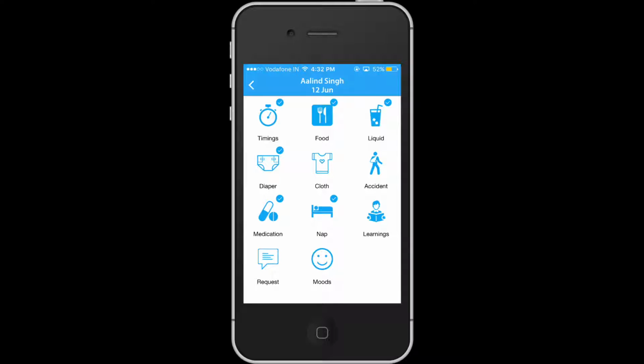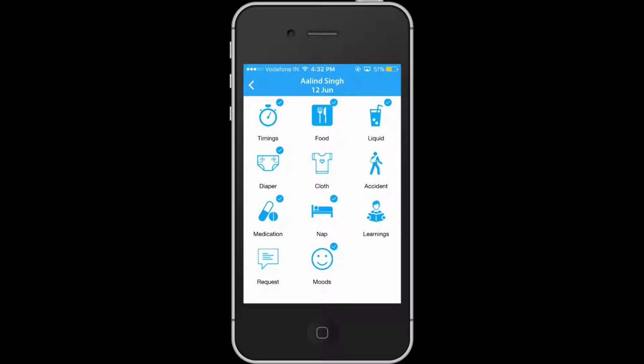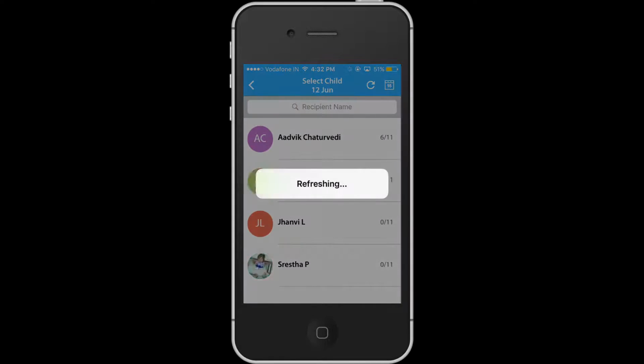One other interesting aspect is that you can share the overall mood of the kid with the parent on that day. This goes to the parent as a report, and it is very handy and engaging for them to get to know about their child's life in daycare while they were away at work, without calling you or talking to you for a prolonged period of time to figure out what has happened. You can quickly use this menu option, spend 30 seconds to 1 minute per child, and share the whole day in a snapshot with the parent. So that's it about daycare.